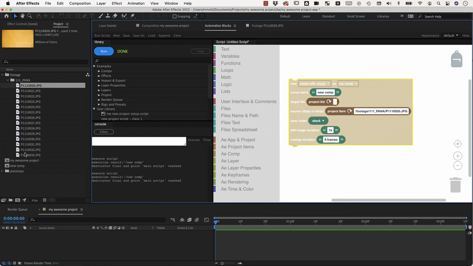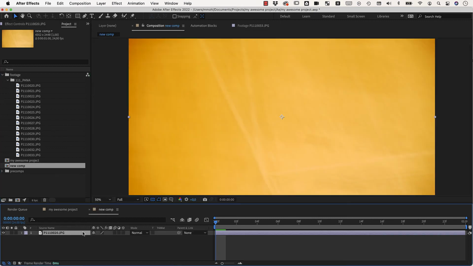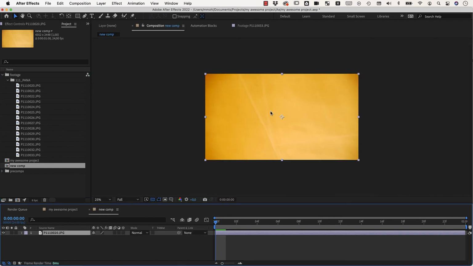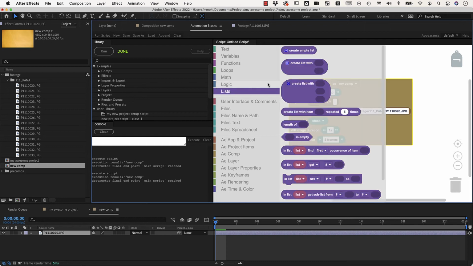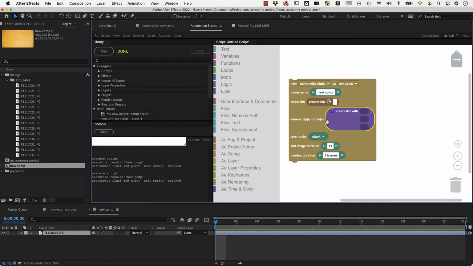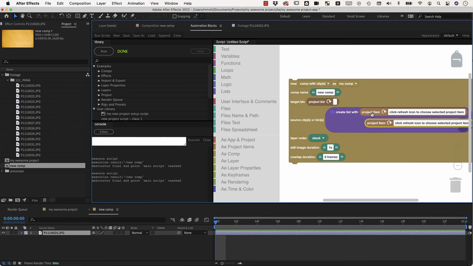And you can see it created a new composition, with this name here. And if we take a look at this composition, it just consists of this one super exciting image here. Now, if you want to add more of them, you can create a list. So we take our list here, drag it on top of our source clips, and now we need pickers for individual project items. So we go to project item and click here to get this one, and I duplicate it